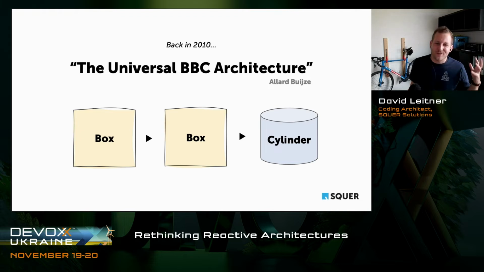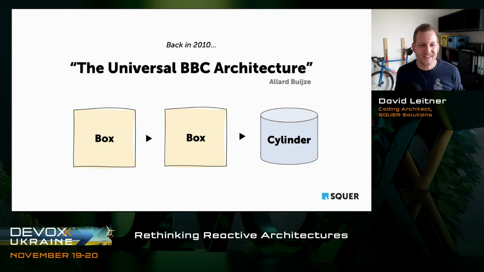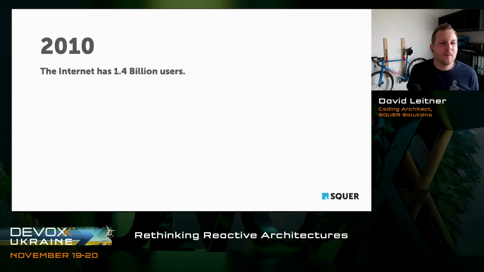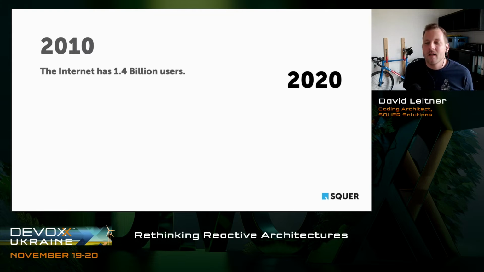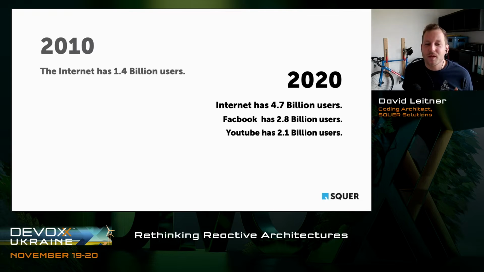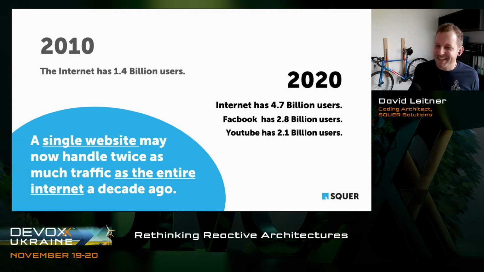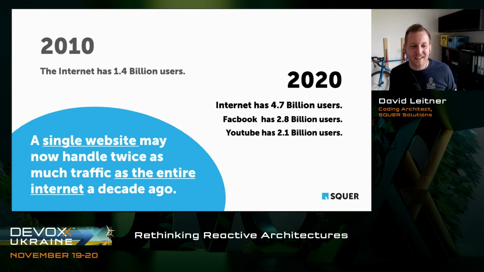And even if we think the world has changed a lot since 2010, the internet has changed even more massively, right? Take a look at these numbers. So in 2010, the internet had about 1.4 billion users, right? In 2020, the internet has 4.7 billion users. And Facebook alone has 2.8 billion users. YouTube has 2.1 billion users. And many other big companies have similar numbers. But this means that a single website these days, right, may have as much traffic as the entire internet did